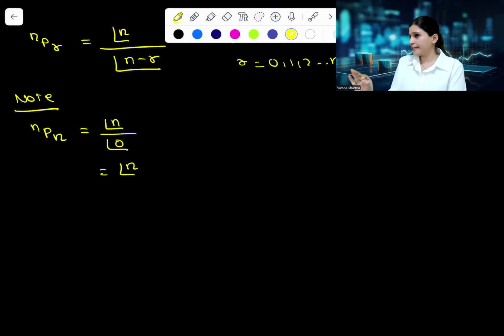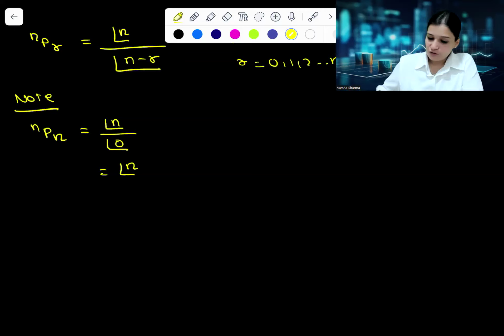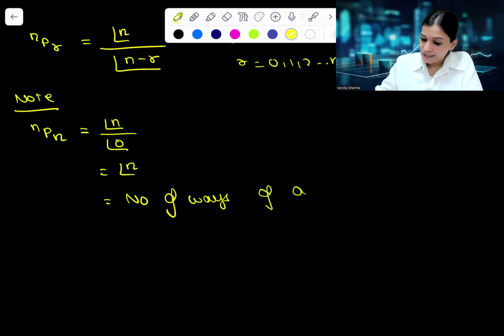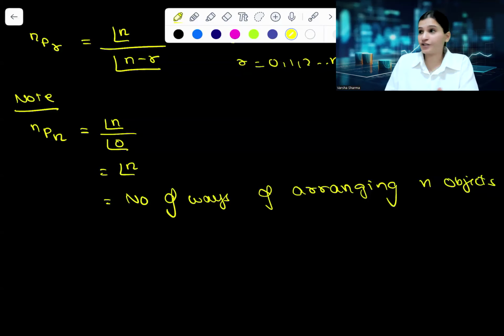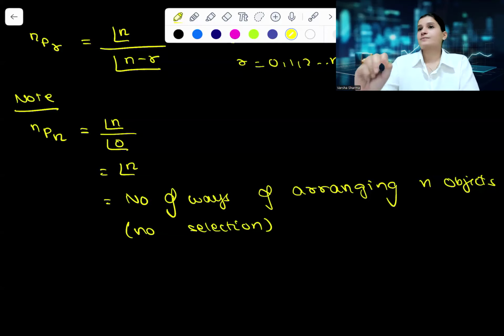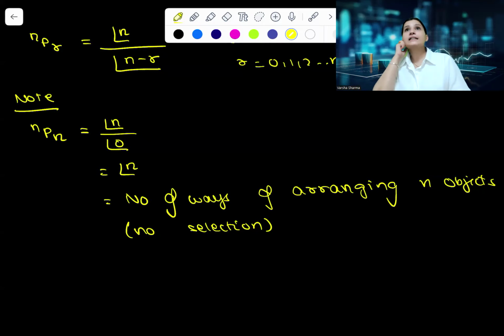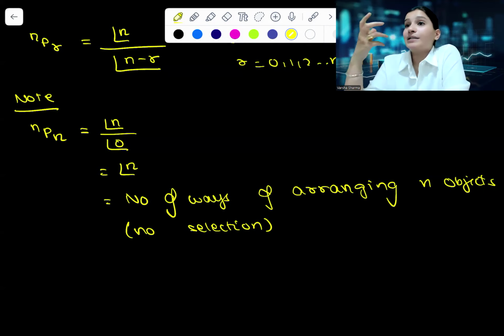So if I don't need to select, I only need to arrange, we directly do factorial. So n factorial will be the number of ways of arranging n objects. Only arranging. There's no selection involved. Right? No selection. Only pure arrangement. Clear? Agree? So now imagine, see, earlier in the first class itself, we talked about common sense,